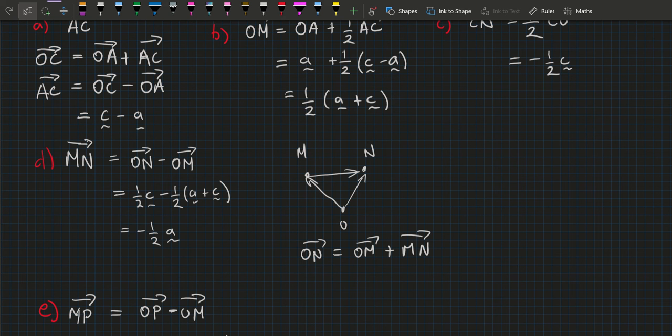Once again, here we're using this fact. So origin to N, origin to M. M to N is equal to origin to the one we end up at, so N in this case, minus the other one, okay? So origin to N, let me write that again. So it makes more sense if I write it out this way, okay? So O to N is equal to O to M plus M to N. So that means M to N is, if I subtract this O to M off both sides,